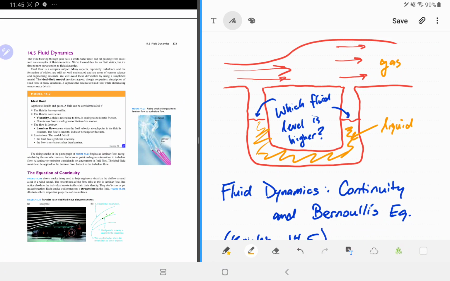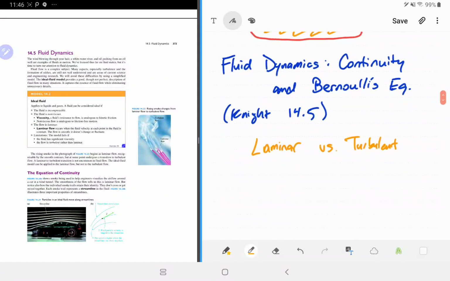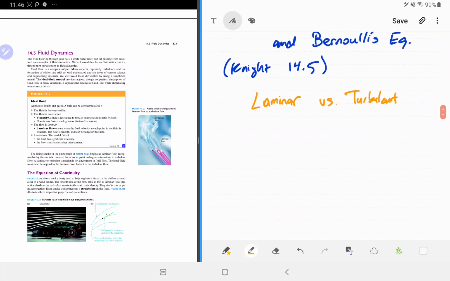We should be able to answer by how much as well, as long as we knew some parameters about the cross-sectional areas of the pipe. We have some pipe that is expanding in cross-sectional area. We want to know what that does to a fluid level underneath. To answer that, we'll need both these topics. We'll need to understand a little bit about continuity and Bernoulli's equation. But first, I want to point out some of the assumptions that we're going to be